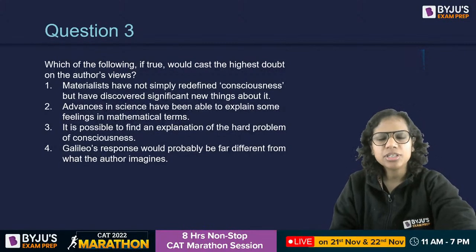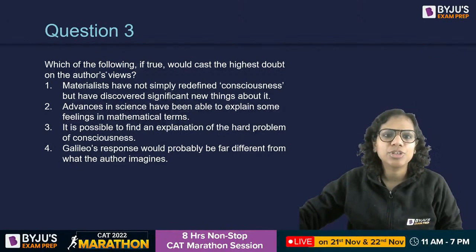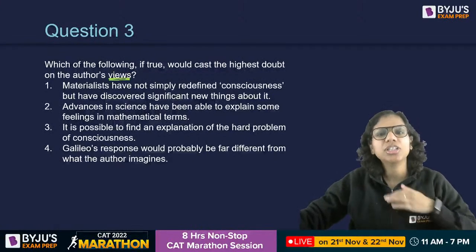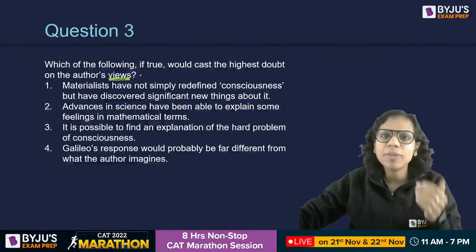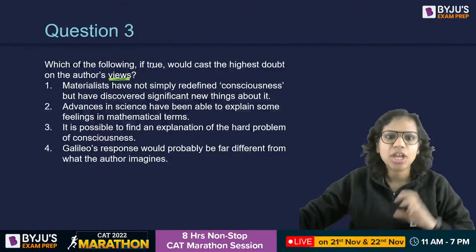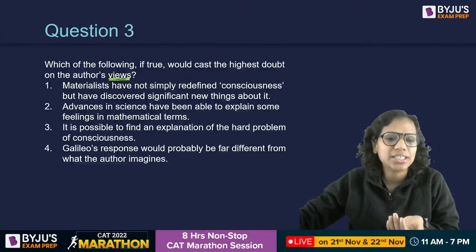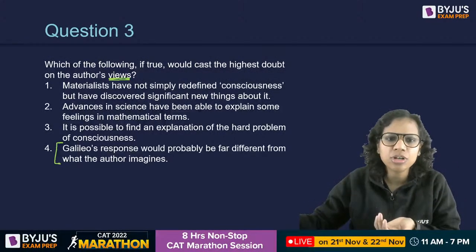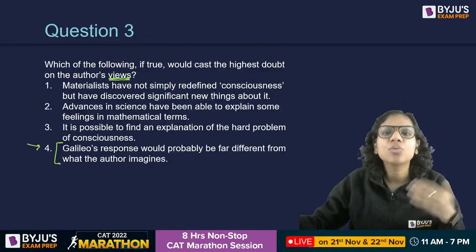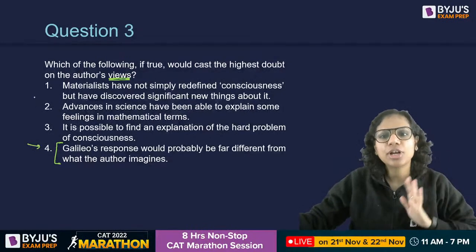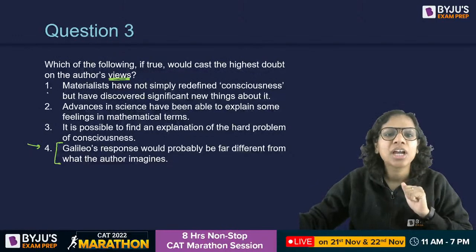So in such questions, I understand that we are basically challenging the author's views overall. So I can't go back and reread the entire passage. But there are certain instances that I can reread. For instance, if you're not sure about 4, you can always go back and see what Galileo said. So that sort of confirmation is fine. Okay. First says